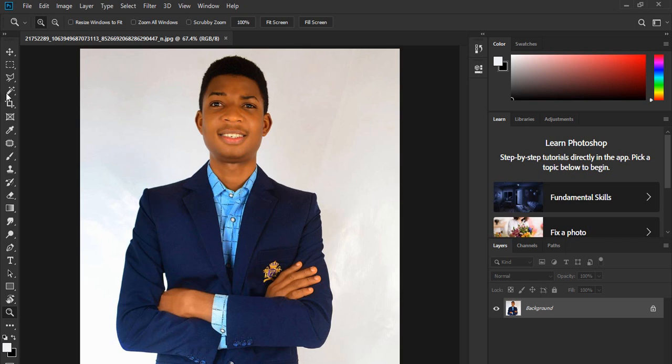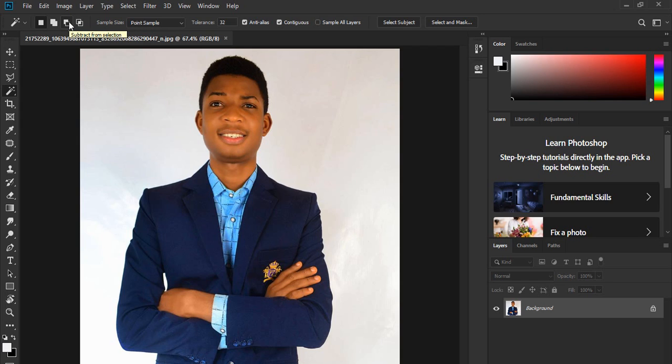The first thing you want to do is we have what we call the adjustment tab. The Magic Wand tool is an adjustment tool. It helps you to select your background. When I pick this tool, I just picked it over here, you could see settings that show new selection. It means if I want to just select a new selection over here. We could have what we call add to selection. That means whenever you want to add to a selection, then we have what we call subtract